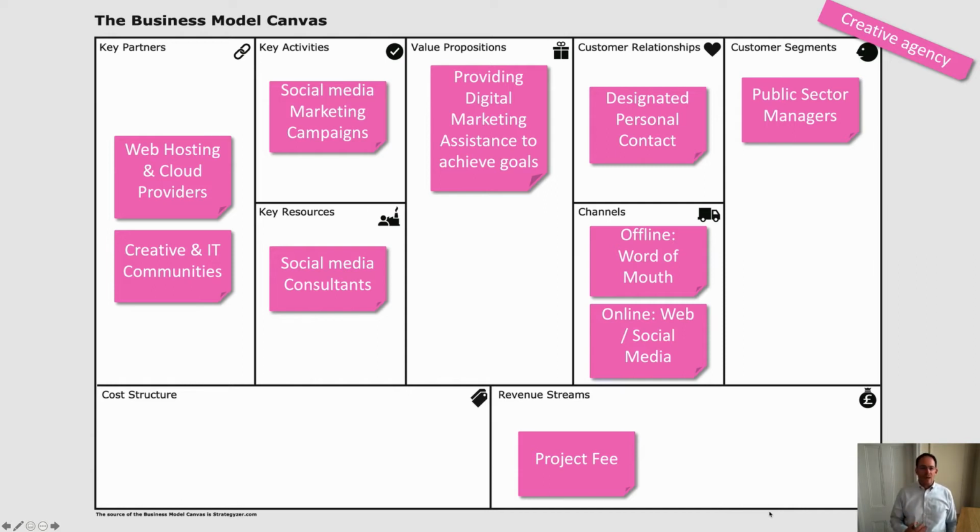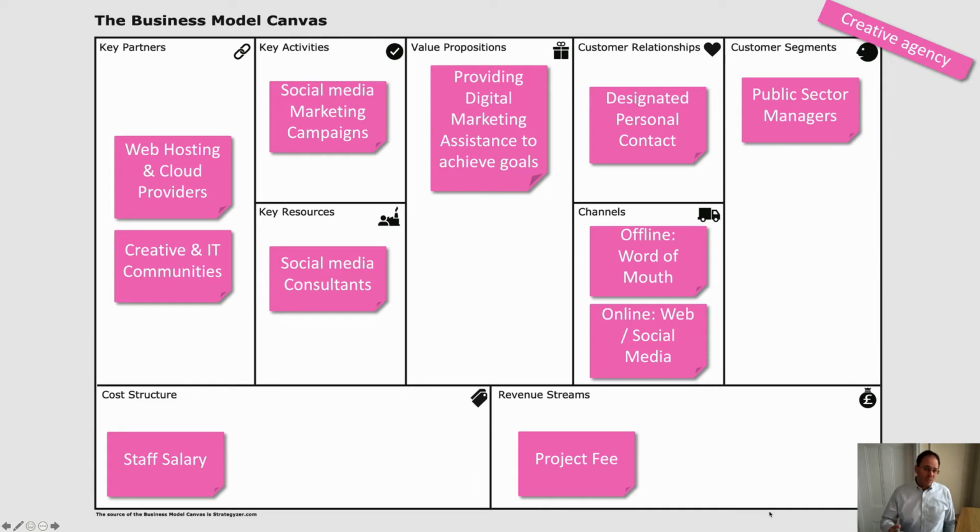And that means they've got clear links with Adobe, other software suppliers. They get involved in training. They go to those conferences and develop their skills. So it's a key partnership for them to be able to place themselves in the leading edge. All of that leads to a cost structure